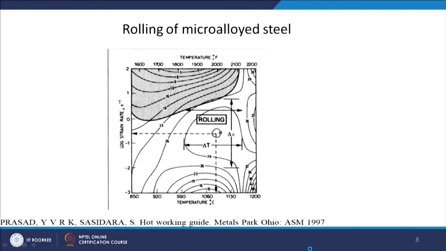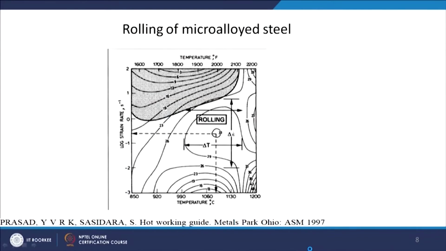So, now we can use these ideas. We have established that processing maps are able to predict the microstructural changes which we want. It is able to predict where you will have recrystallization, where you will have defect formation in the material. So, now that is established, I do not have to keep looking at that again and again. Now I can use the processing map for my other purpose.